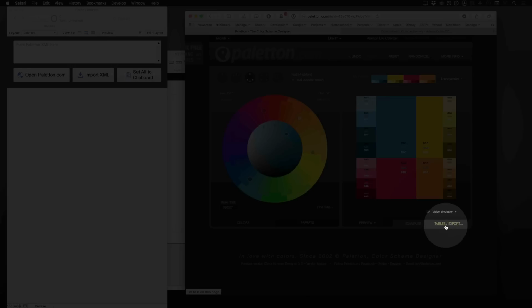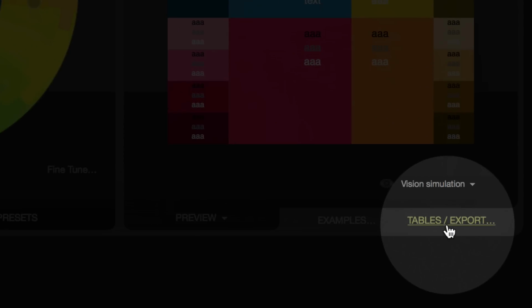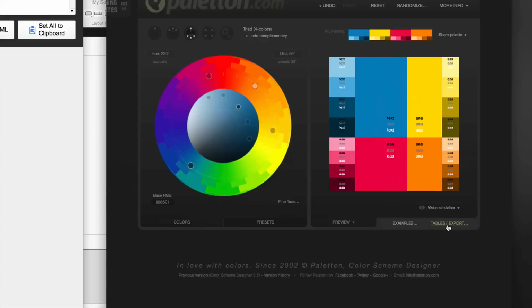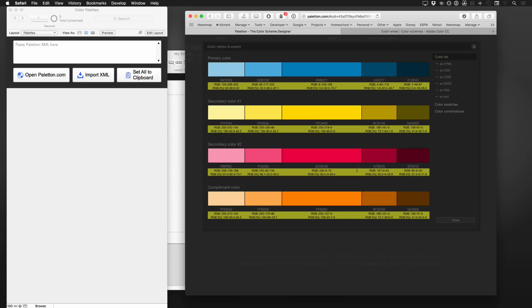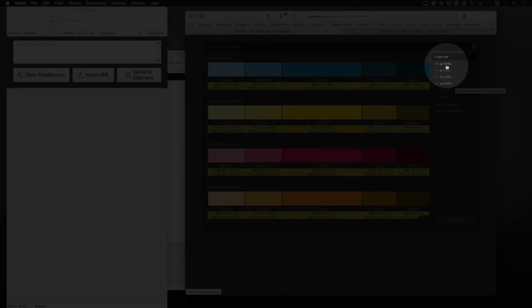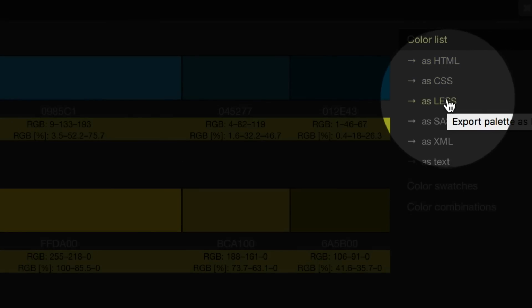So down here at the bottom, we have this tables and export. What I'm going to do is click on that, and you can see I've got all the colors here. Many times you can try to select and highlight all these colors. You can copy it and try to take them to the clipboard. But if you notice over on the side here, this color list allows us to export as HTML, CSS, Less,